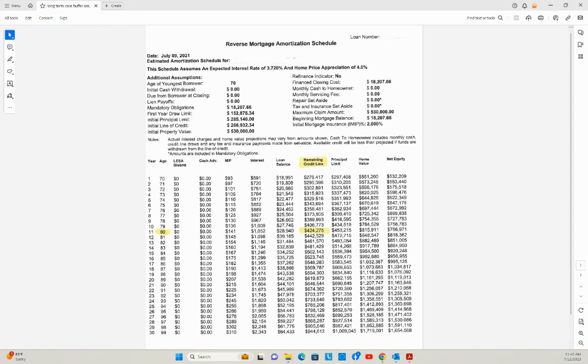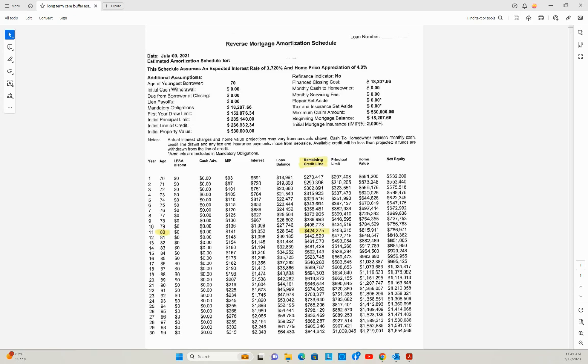And so they wanted to make sure that, assuming they don't need any funds from this reverse down the road, their heir, which was their only child, was going to be able to pay off the loan balance fairly easily. So if you take a look at this scenario right here, I've highlighted that line that says remaining line of